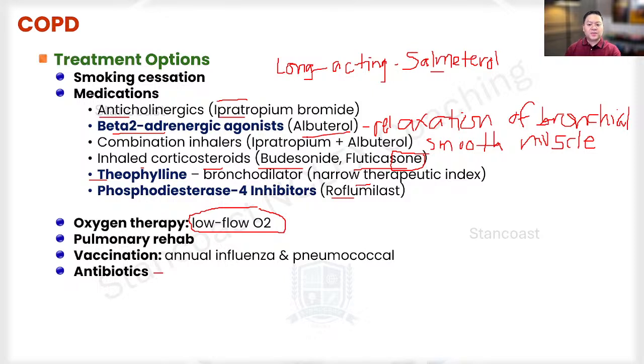Now we're going to talk about the surgery, and this is going to be indicated when there is way too much lung impairment. And so the surgical procedure will probably be the lung resection, or it could be the transplantation of a new lung. And this is really going to be beneficial for those selected patients. But again, this will really require some careful consideration because of the risks and the benefits that need to be talked over between the patient and the care provider.